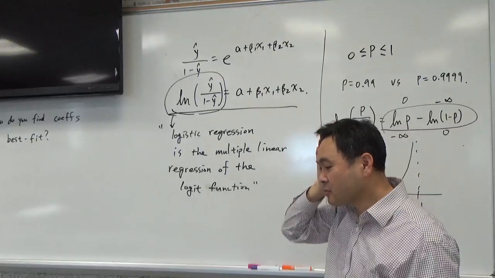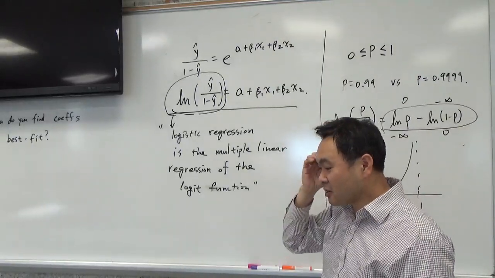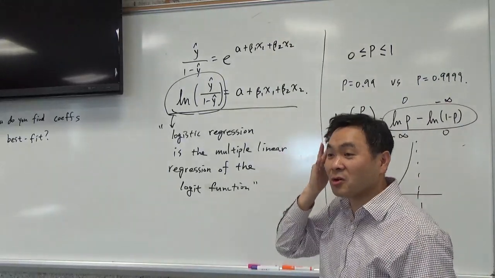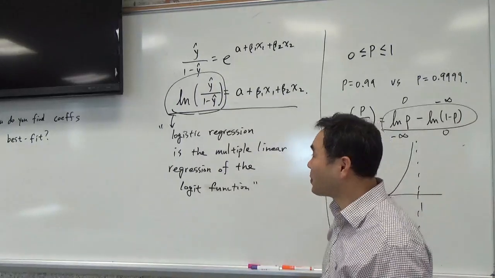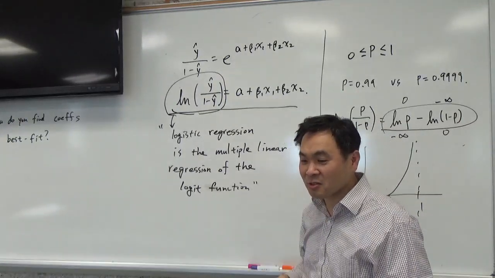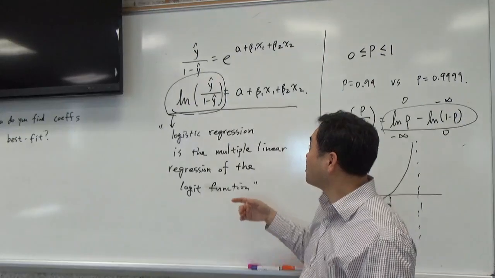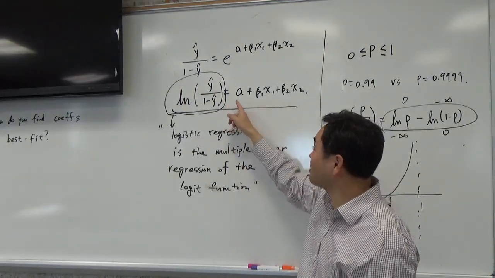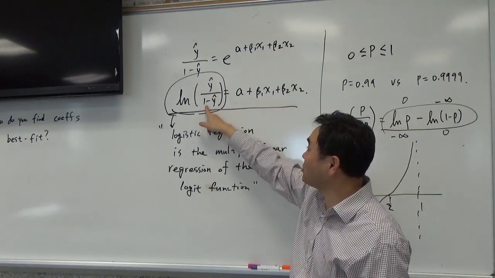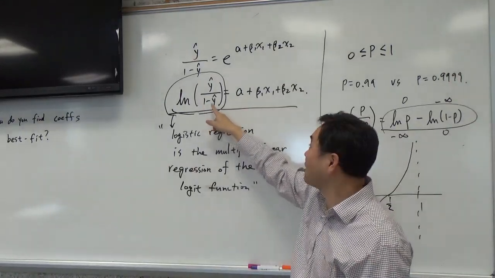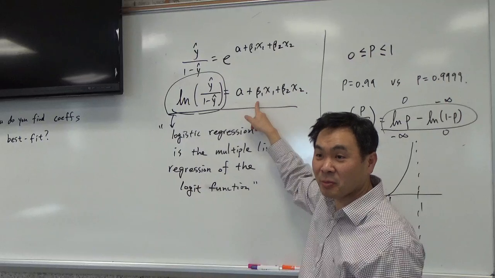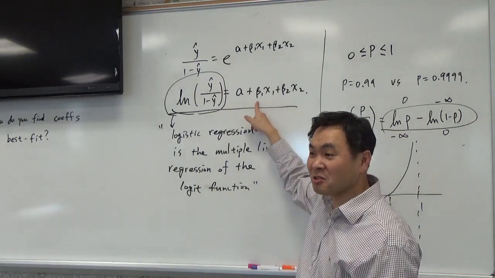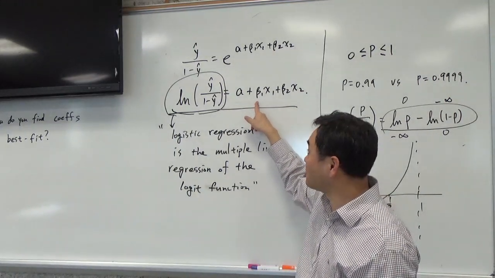Now the question is, can you do the same thing for the logistic regression? Well, it turns out that the answer is no. So there are two reasons. One is, you might ask, well, isn't this multiple regression? Can't we just transform the data using the logit function and then just do multiple regression, right? But then you immediately have a problem with that, because